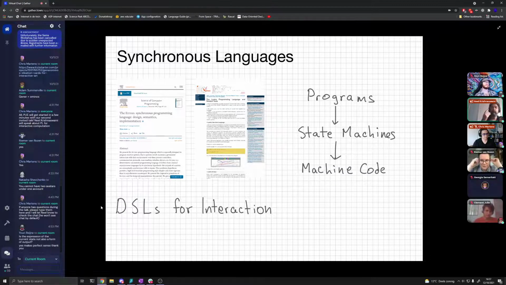What their compiler did was take the programs that you wrote, which had high-level primitives like accepting inputs and signaling outputs, and convert that into a finite state machine. And then once you had a finite state machine, it would generate some low-level code. I forget what it did in the 1980s, but these days it generates C code in a big while loop.